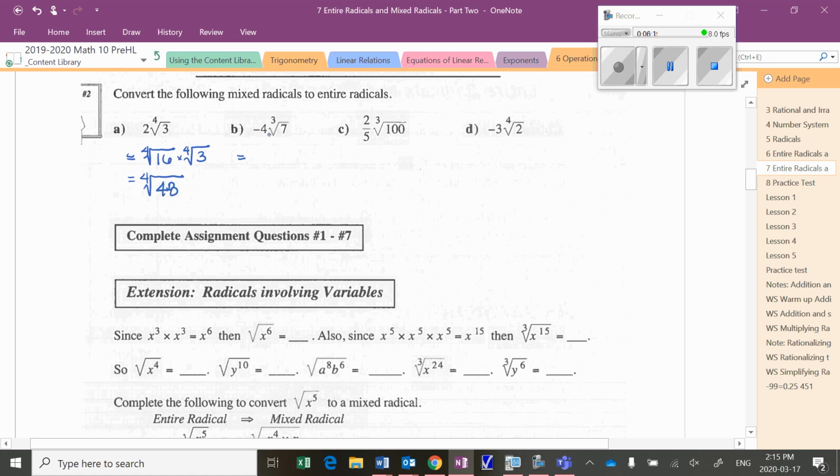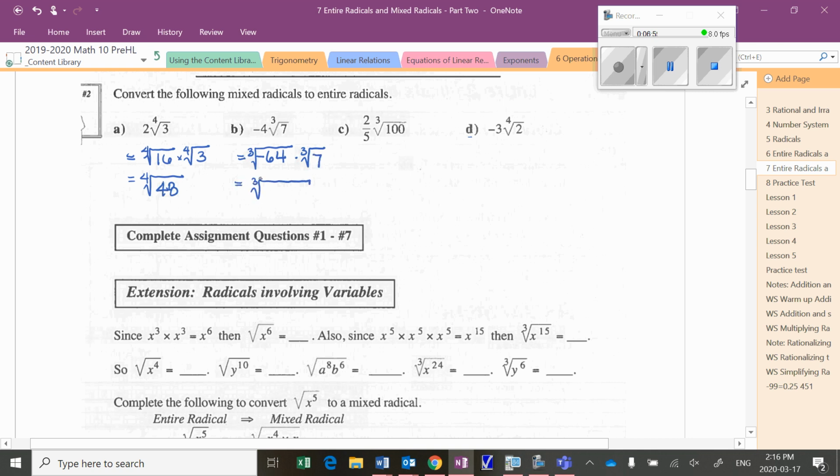In this particular case, that negative is not going to get lost, because when I cube it, it's still going to be negative. So there's no issues there, as opposed to if we look ahead to example D, that negative will get lost once we raise -3 to the 4th. So we'll want to leave that negative out front. So if I cube -4, it's the same as -64. So I've got the cube root of -64 times the cube root of 7,